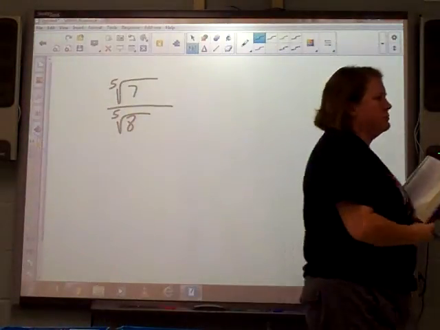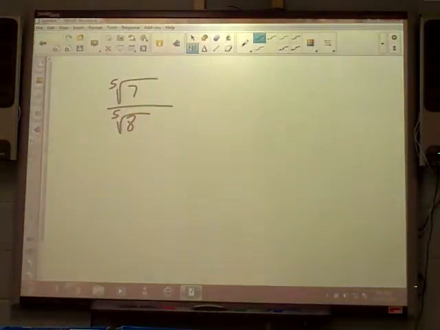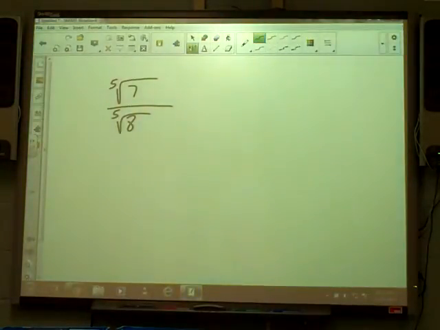Alright, this one is one that people sometimes have a harder time with. It says the 5th root of 7 over the 5th root of 8. Now, as it is, the 5th root of 7 can't be broken down, and the 5th root of 8 can't be broken down. They don't have a perfect 5th in them. If I made a list of perfect 5ths, there's nothing I can bring out. The smallest perfect 5th other than 1 is 32. 2 times 2 is 4, times 2 is 8, times 2 is 16, times 2 is 32. 32 is bigger than both of those. So I can't bring a perfect 5th out like we did on the previous problem.